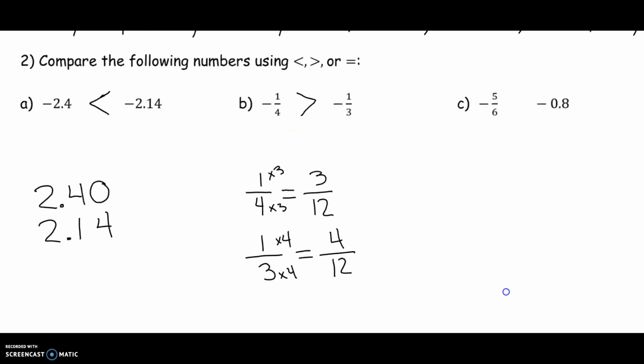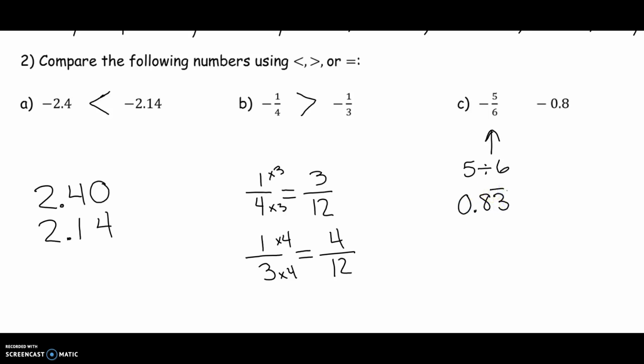For part C, we have a fraction and a decimal. So one way we could approach this is to convert our decimal, -0 and 8/10, to a fraction, so that would be -8/10. Or another way is to use your calculator and to change -5/6 to a decimal. Remember, we could do that by dividing the numerator by the denominator. So when you type in 5 divided by 6 into your calculator, you get